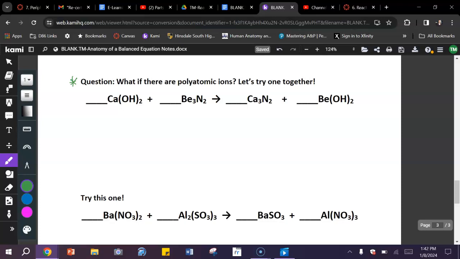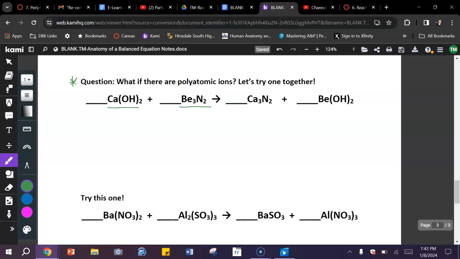Now, could you simply take the elements out of the parentheses separately? Sure, but that will probably drive you crazy. My advice is to keep anything inside of the parentheses together and don't separate them out. Don't split them up. So let's take a look at our first question where we have calcium hydroxide being combined